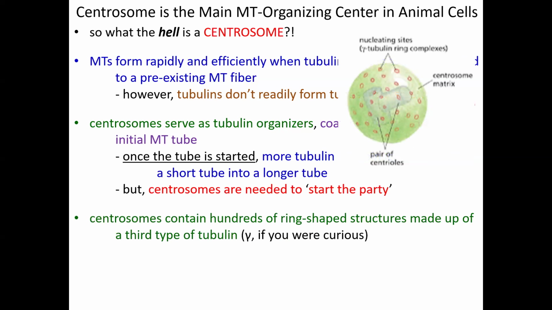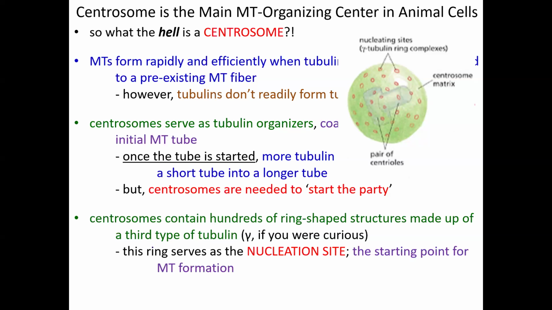Centrosomes, if you can get a really close look at them, are studded on their surface with thousands of ring-shaped structures. And those rings on the surface of centrosomes are made up of a tubulin subunit. But it's not alpha or beta tubulin, it happens to be gamma tubulin, and gamma tubulin is only found on the surface of a centrosome. But alpha beta dimers love interacting with gamma tubulin. And so you will get dimers beginning to form protofilaments on these gamma tubulin rings right on the surface of